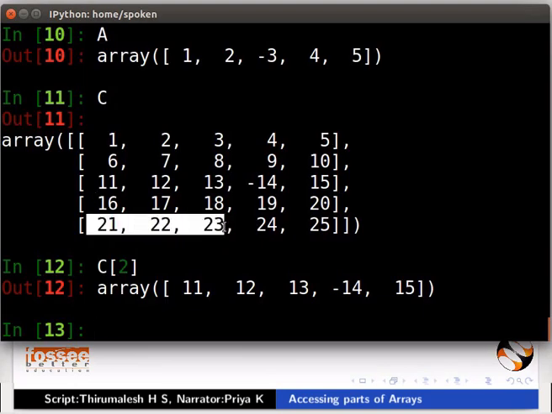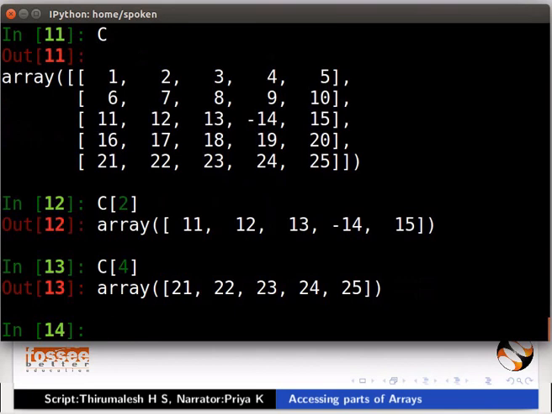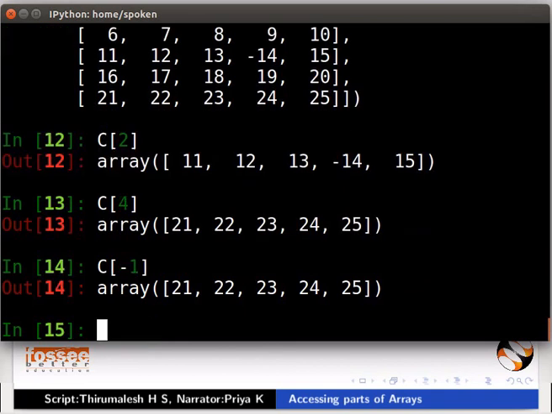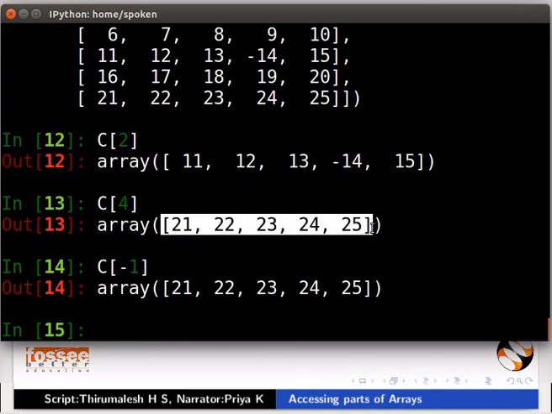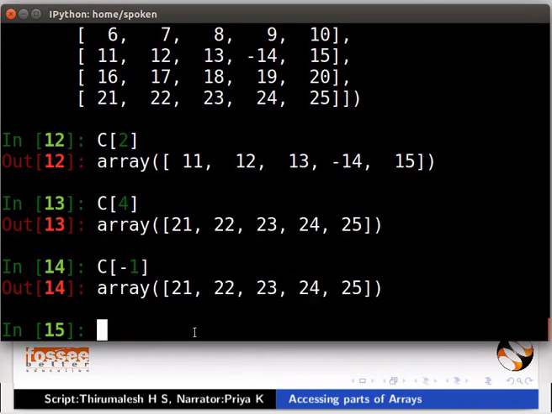We can access the last row of C in two ways. Type C[4] or with negative indexing as C[-1]. Notice that both the outputs are same. Now we will learn to change the last row into all zeros.